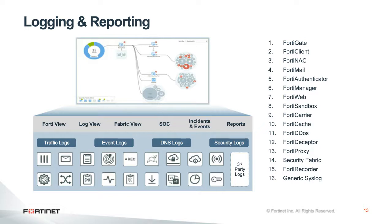Now, we see customers, especially over the last 3 to 6 months, going with the VM form factor or the hosted form factor, right? But we do have customers who are comfortable with going with our appliances, right? And we have appliances ranging from 200 series all the way to 3700 series, which can take up to 100,000 logs per second, right? So customers who are very conscious about performance and who don't want to rely on external I/O requirements, but want a box that can take care of all the performance requirements for them,